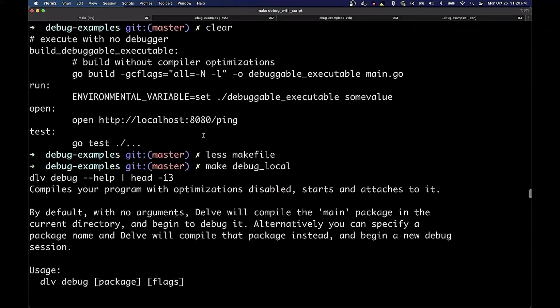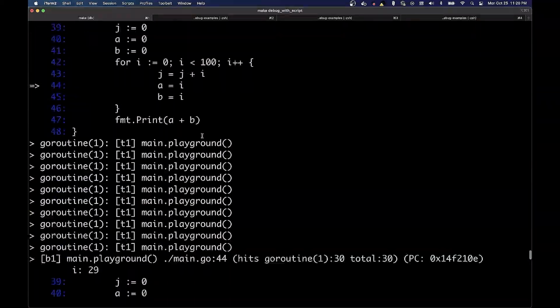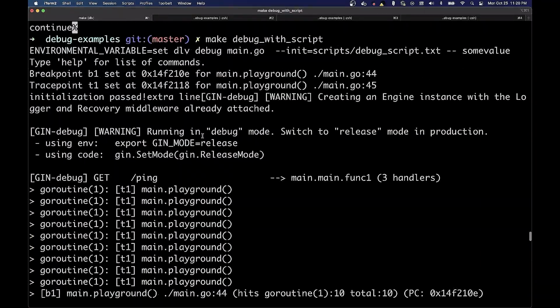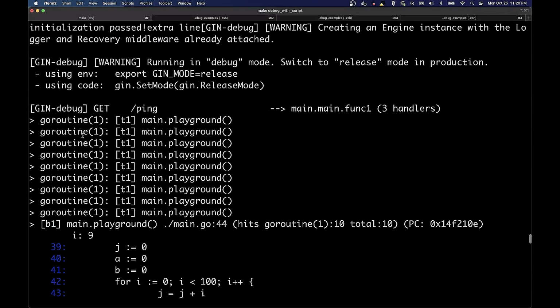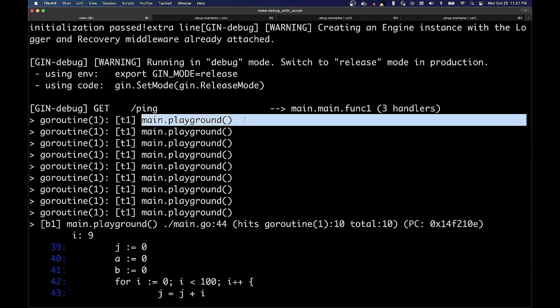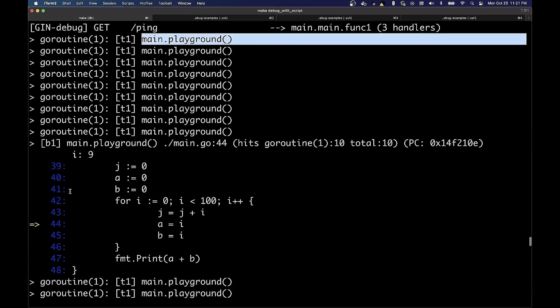So that was kind of a blink-and-you'll-miss-it situation. So let's go ahead and see what we're doing. You can see right away that we're setting our breakpoints and we're hitting our trace point T1, and that's just printing out the name of the function that we're in each time we go through. Finally, we pause when I is equal to 9,